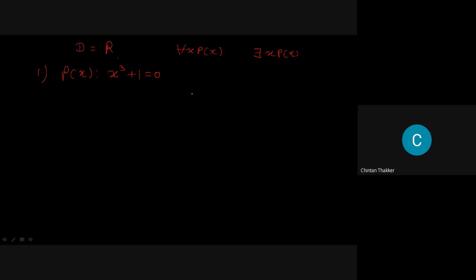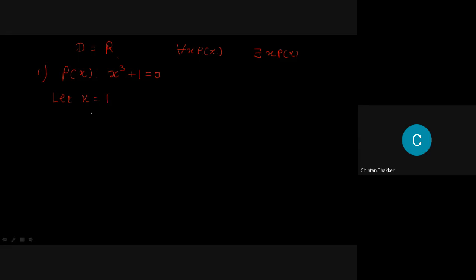It is minus 1, p of minus 1 is true. But we are not talking about that; I want the value of for all x p(x) and there exists x p(x). When you find for all x p(x), you have to find the counterexample, and for there exists x p(x), you require the witness. So I am giving you the answer for the first one. To solve this one, you have to write in this way. You have to answer this example like that.